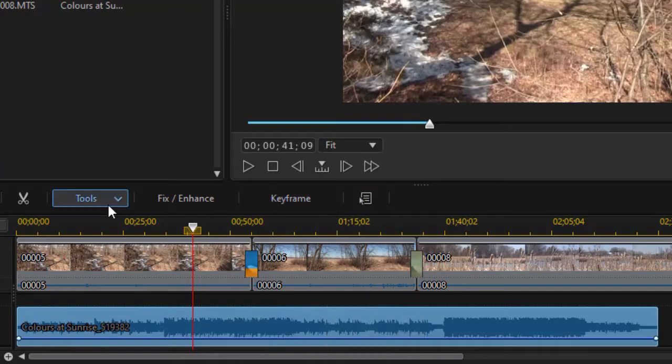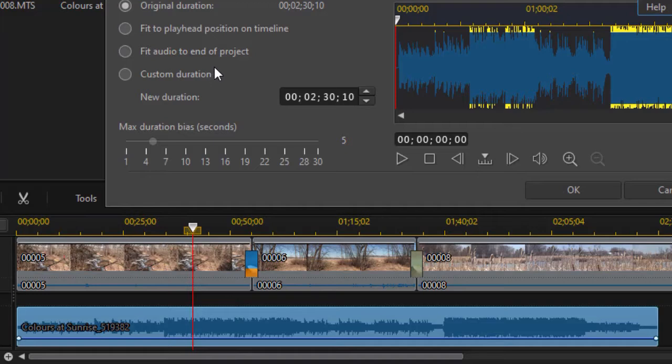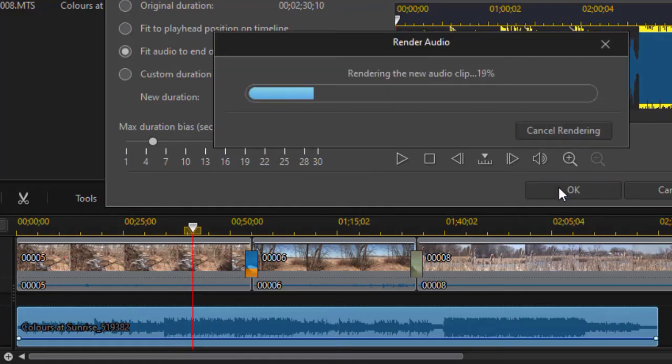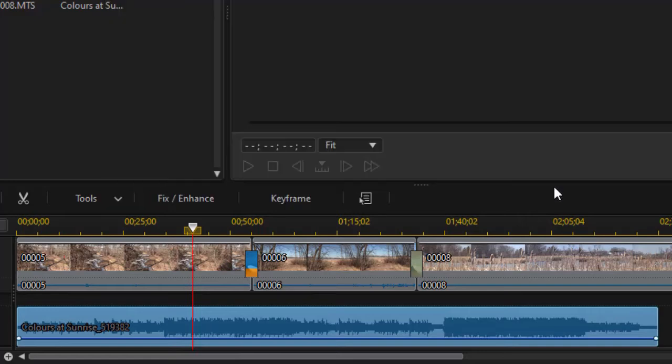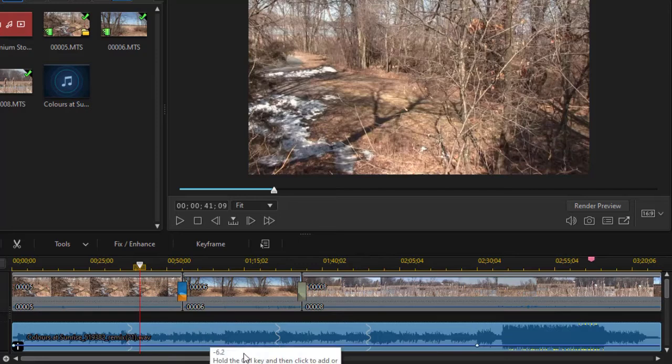Let's look at another option. When we do that, we'll click on Tools, Smart Fit for Duration. This time let's do a fit to the end of the project. And it gives some suggestions on how it might want to cut it. I'll click on OK. And now when I look at it, it's the same length of the project, and this is where it happens